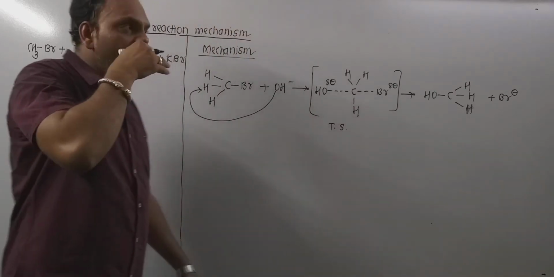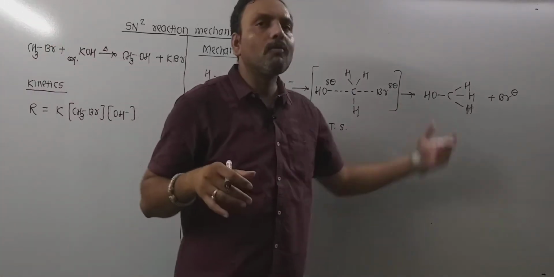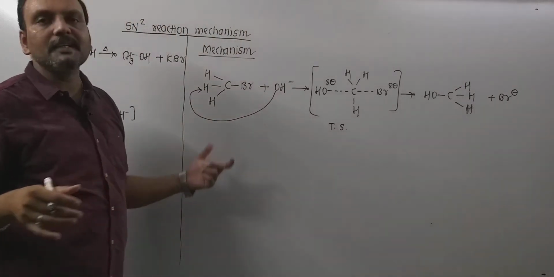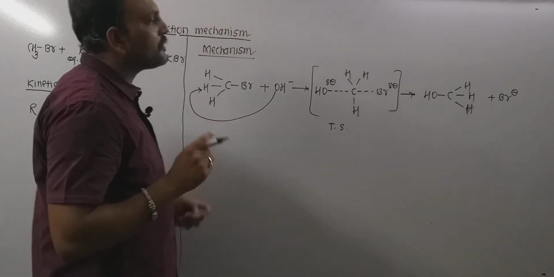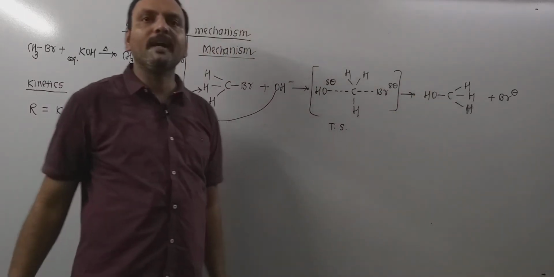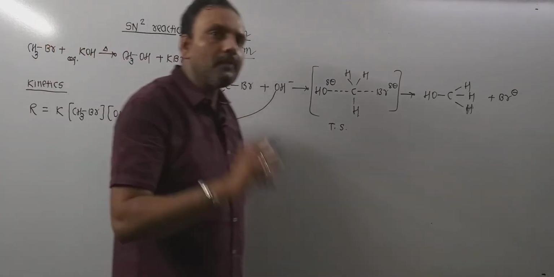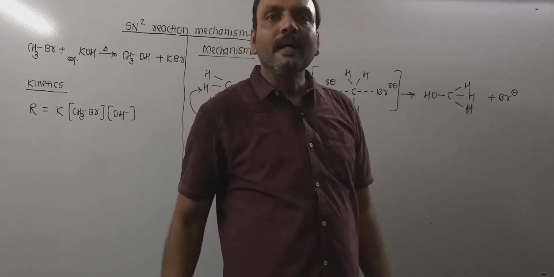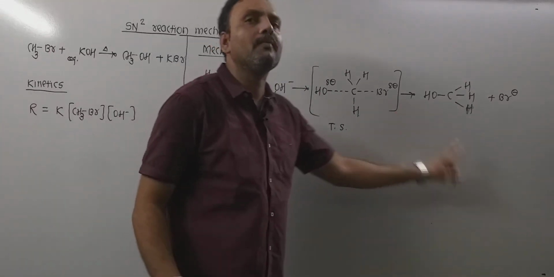Now when we compare the methyl alcohol obtained with our substrate, that is methyl bromide, as far as the configuration of hydrogen is concerned, the hydrogen atoms in methyl alcohol are found to be inverted in configuration compared to methyl bromide. This inversion is Walden inversion, and 100% of the product in SN2 is obtained by Walden inversion.